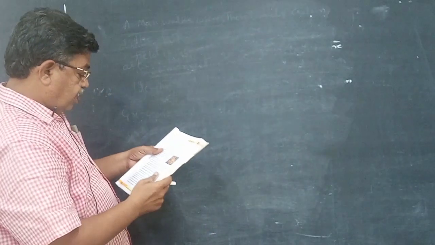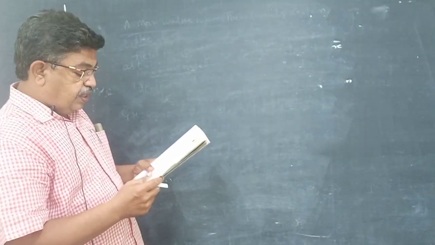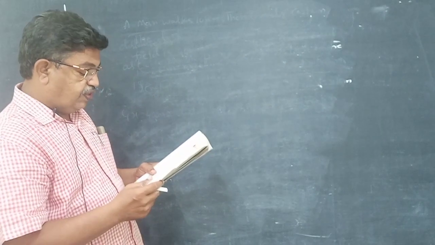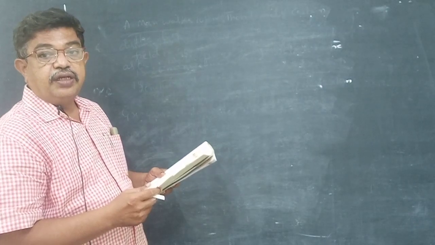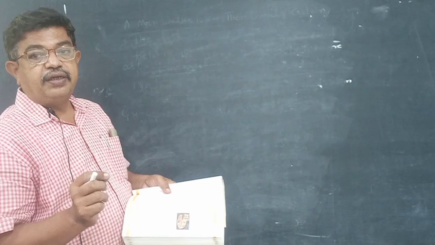We will take up one more problem. The length of a rectangular field is 8 meters less than twice its breadth. If the perimeter of the rectangular field is 56 meters, find the length and breadth. This is also of the same model. The condition is a little bit different.